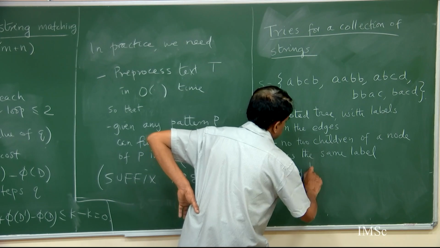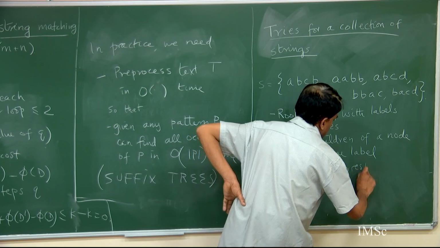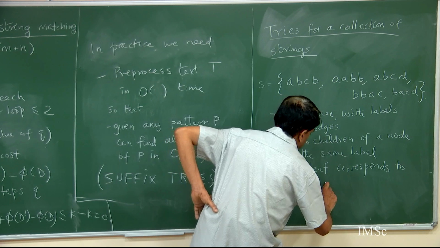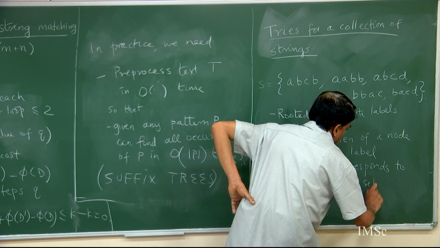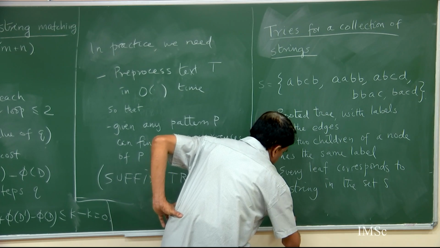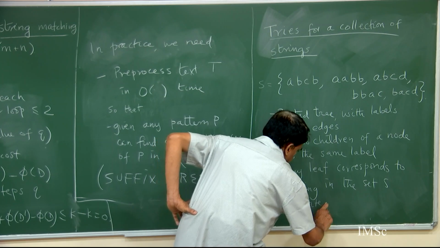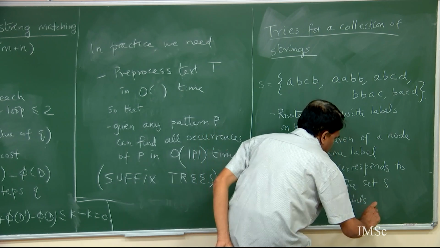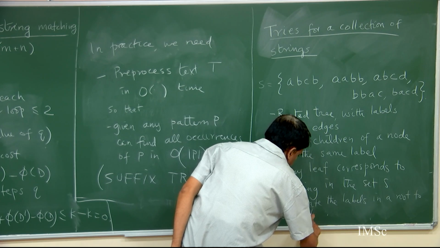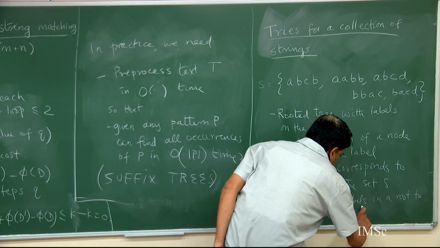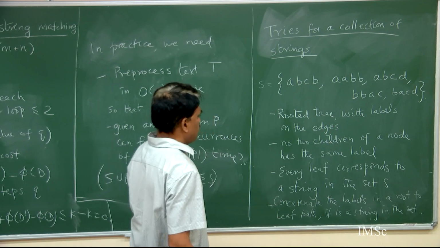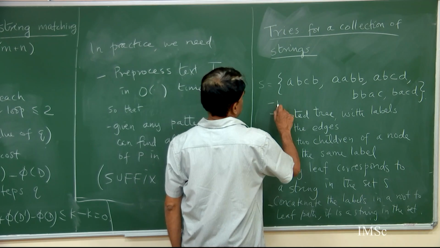Every leaf corresponds to a string in the set S. And if you concatenate the labels in a root to leaf path, it is a string in the set. And the number of leaves is